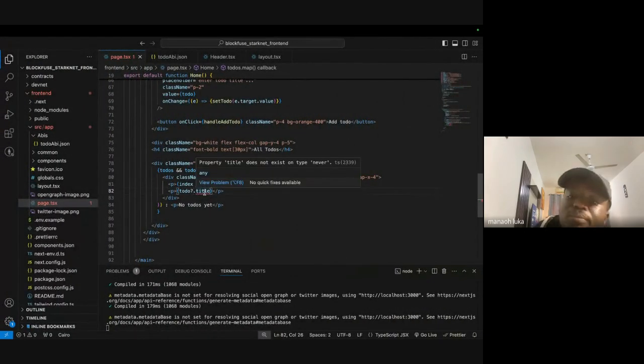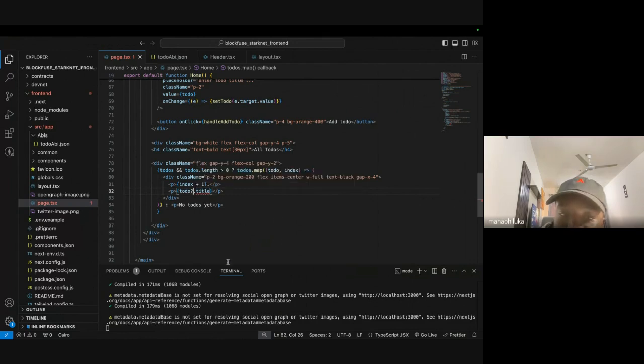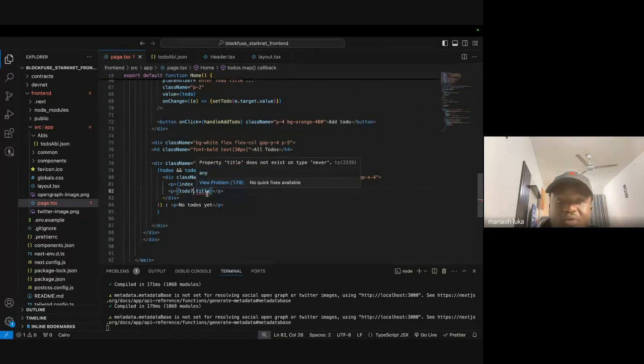So what do I do here? It's already screaming: Title does not exist on type never. Who gave you never? Did I give you never here? So what we are going to be doing now is to use a particular utility function. We are going